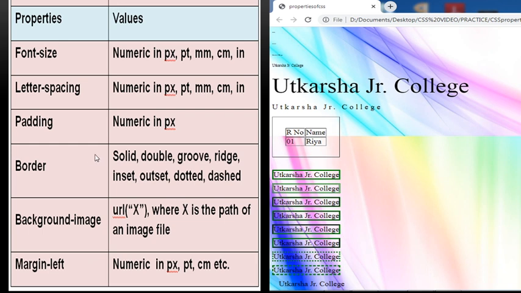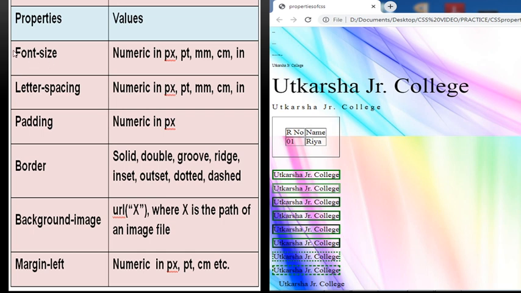So students, we have seen the effects of different properties of CSS. But when we are writing these properties, we have to keep in mind some rules. Here you see that between two words there is a hyphen or dash. It is compulsory for us to write this dash.